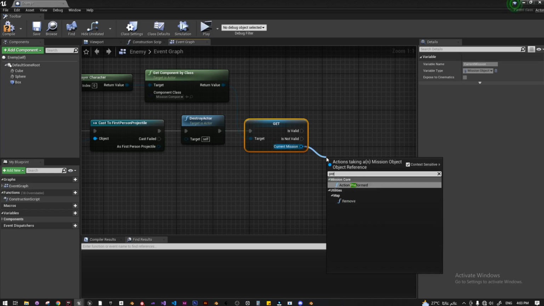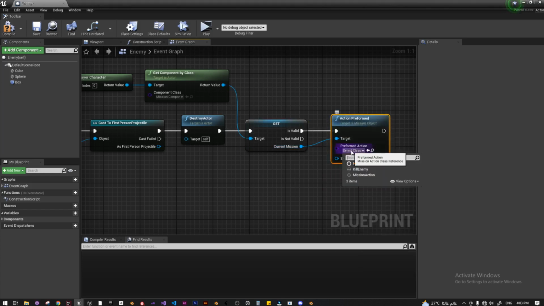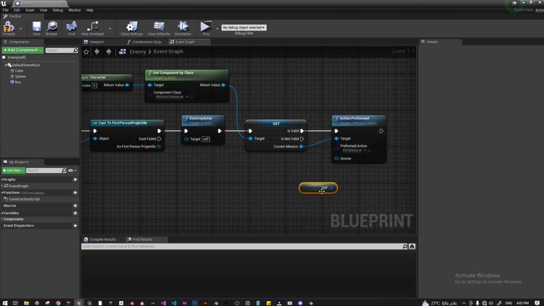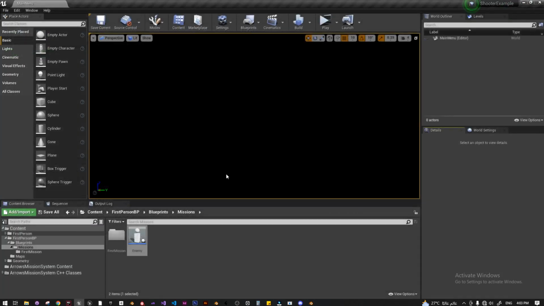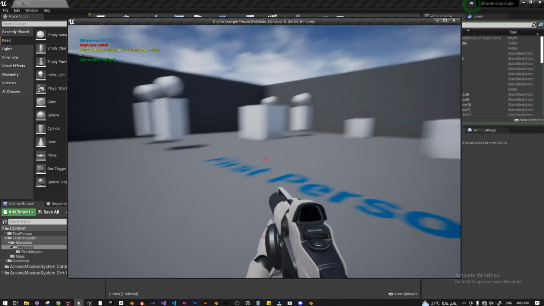And here I'm going to perform action. This actor is going to perform the kill enemy action. When I kill this actor, it's going to perform the kill enemy action on my mission. The source is going to be this. So passing this source, the mission will see this actor in the associated actors list and accept the performing of the killing process. So if I play it now and load the game, the big battle,